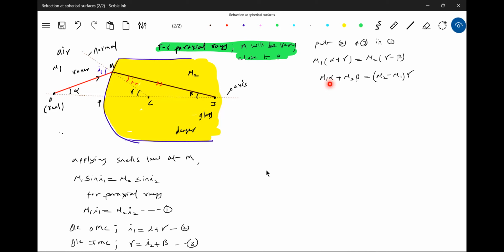Alpha is very small, so I can write this alpha as tan alpha, beta as tan beta, and gamma as tan gamma, with mu2 minus mu1. From the triangle, look at it. As M is very close to the P, so we can just treat it